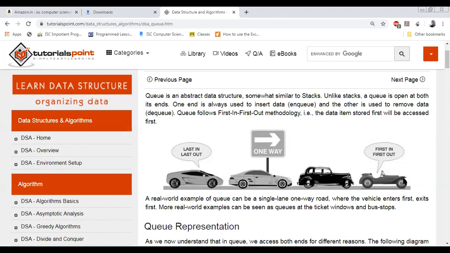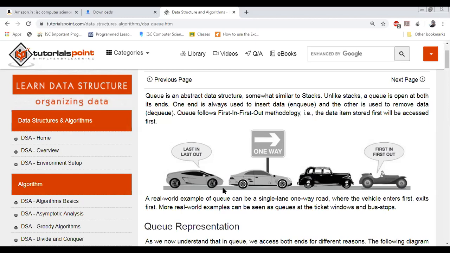The arrangement of the data is from right to left. Now, if I read the data from right to left, it shows that this car comes first. It is in the parking zone. The first car to be parked in the parking zone, followed by the second, third, and the fourth car. That means if I have to take out the car, this car will come out first, followed by the second, followed by third, and the fourth.